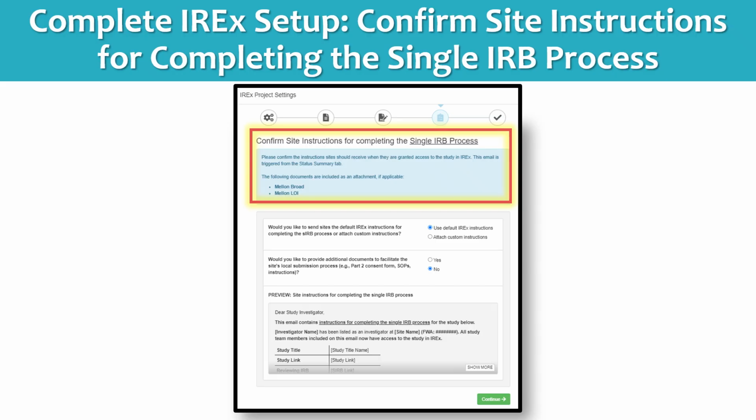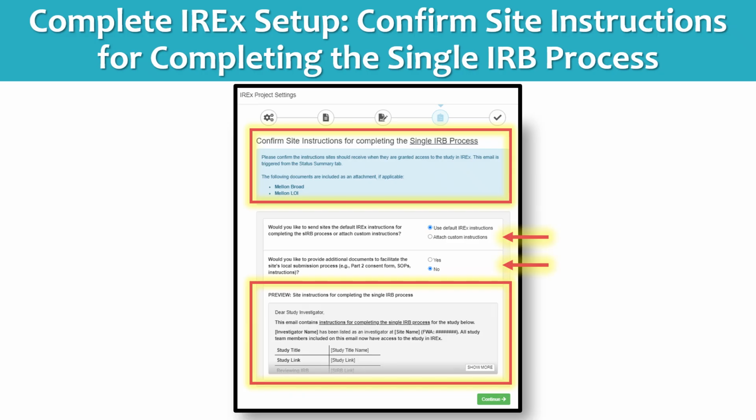Next, confirm the site instructions for completing the single IRB process. This allows SIRBs to confirm or tailor instructions sites receive when the lead study team grants site access to the study in IREx. IREx provides template instructions that can be previewed, or to include unique instructions as an attachment, use this option. SIRBs can also include additional documents they would like to share with relying sites, such as reviewing IRB